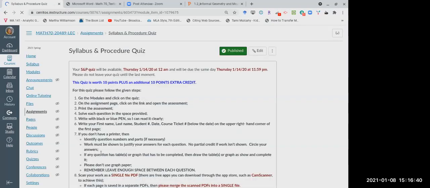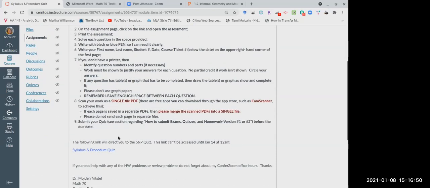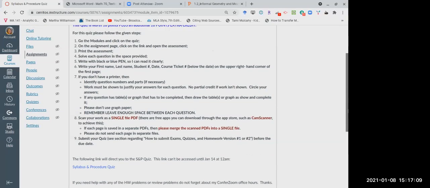So you have the instructions. This is the same instructions that you saw on the other page about how to submit your quiz. And this link, you'll be able to access the link on January 14th at midnight. Okay, so you can submit your quiz. The homework assignment is the same, but you won't be able to access the link until then.